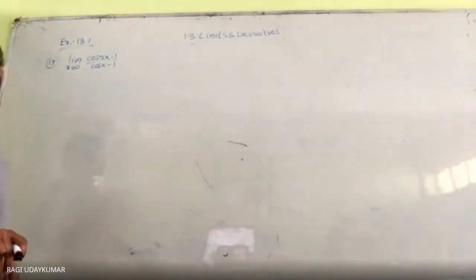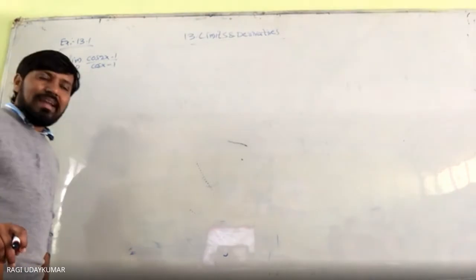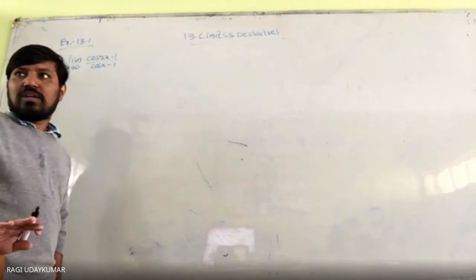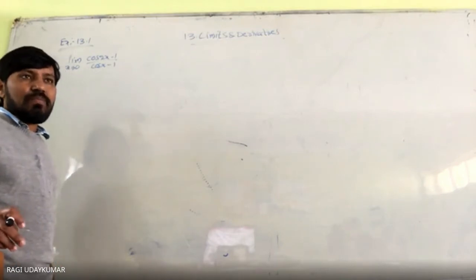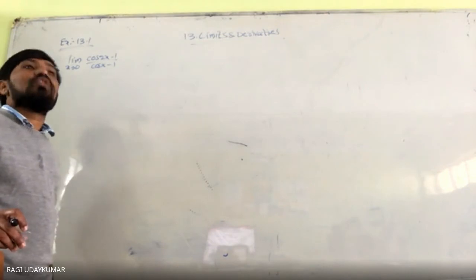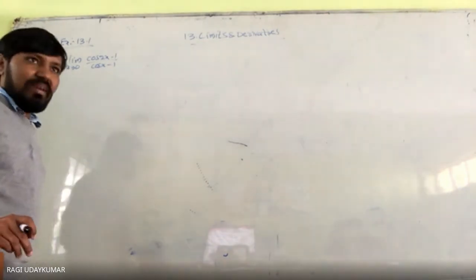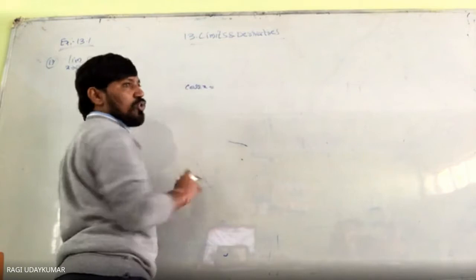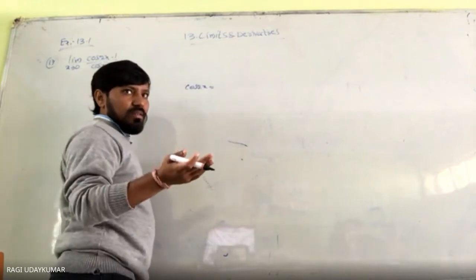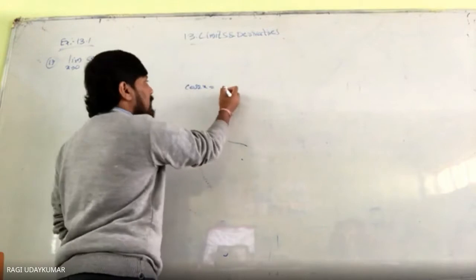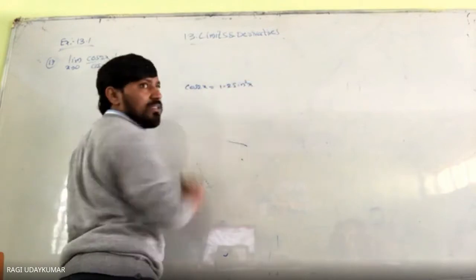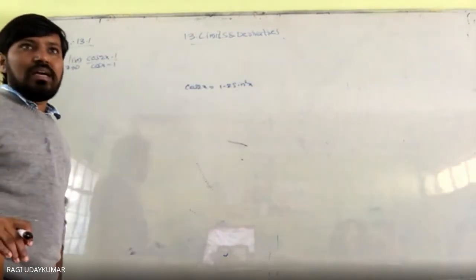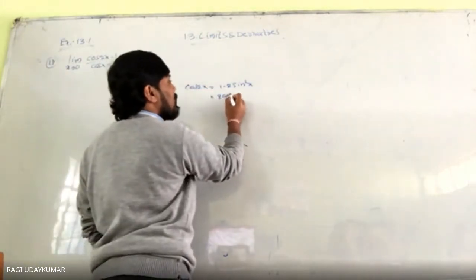But you have cos 2x minus 1. So cos 2x minus 1 can be written as minus of (1 minus cos 2x). And 1 minus cos 2x can be written as 2 sin square x. Do remember, cos 2x is cos square x minus sin square x, which can be written as 1 minus 2 sin square x. So 1 minus cos 2x equals 2 sin square x, or you can write cos 2x as 2 cos square x minus 1 also.